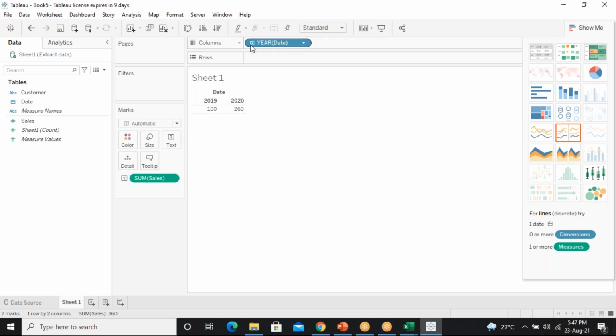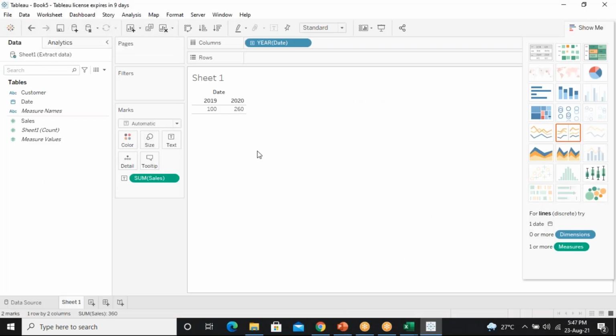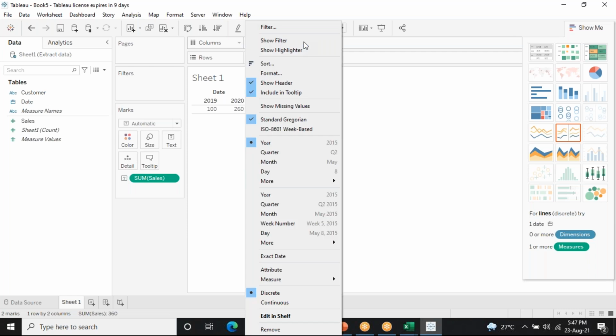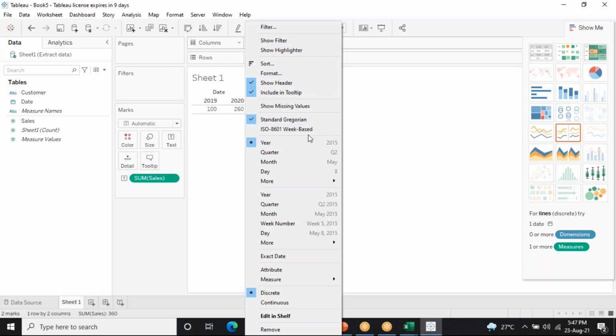Now what I wanted is for it to be in the format I represented here: month, date, year. So I select this arrow mark on the year date, click on it and come down, where there is year, quarter, month, day.